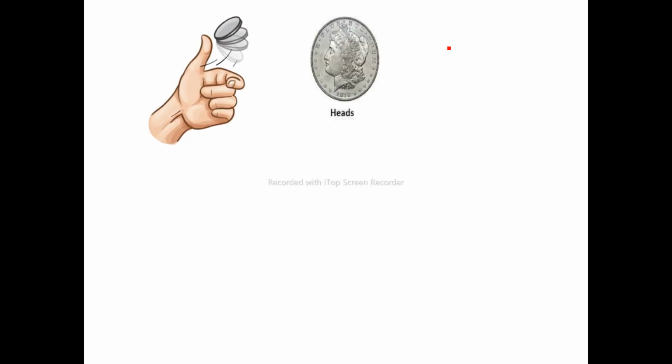Suppose once you have tossed a coin and you got head. Now second time again you have tossed a coin and again you got head. That means getting head is independent. It is nothing like, one time you got head, now in the second toss you will get tail. It is nothing like that. It is nothing like, in the head we have got a queen, so I love the queen, so I will get head only. You cannot say anything. Maybe first time you got head, there are chances that second time also you will get head.